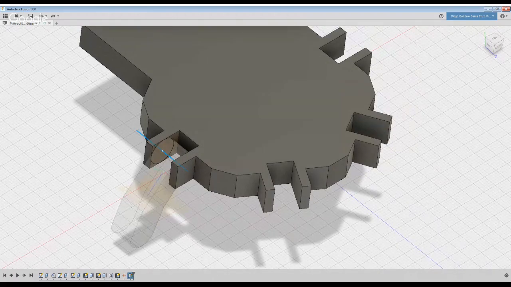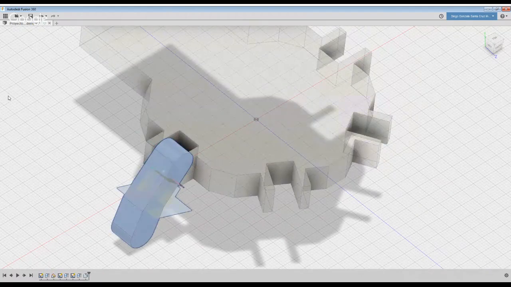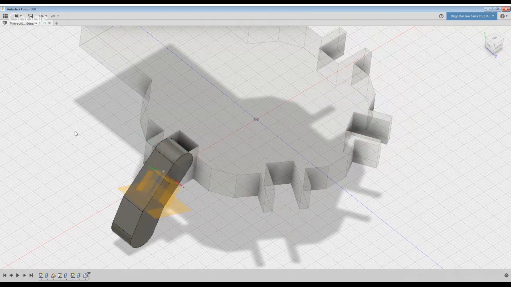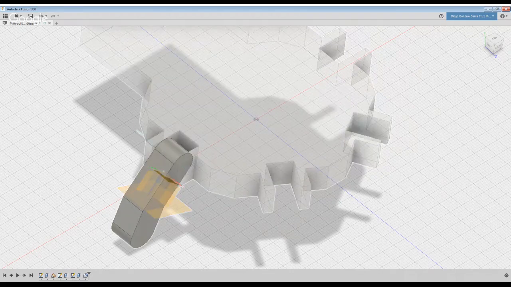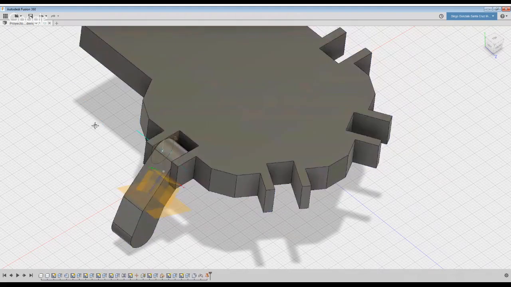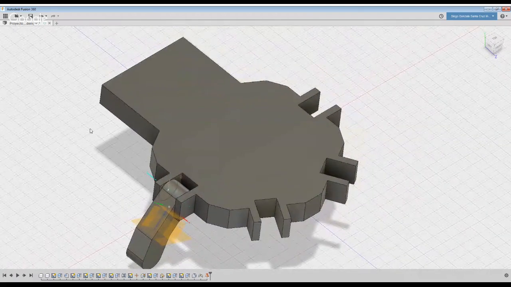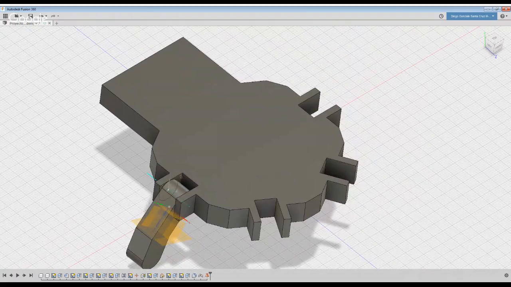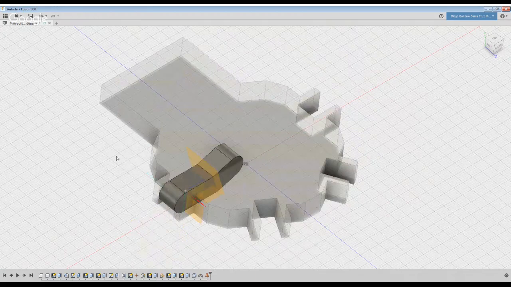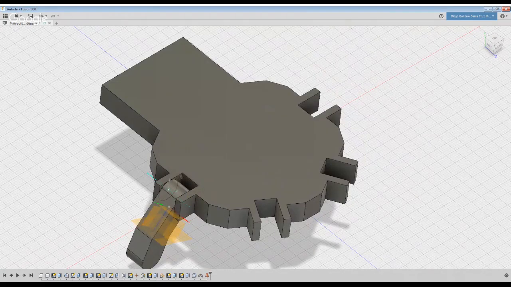Same here. This is my finger. Here are the operations. You can see the history here. Same thing: sketch, construction, bodies, everything is here. And then finally, I made my assembly. I have to check here to go back to the general assembly, and then I use the joint operation. The joint operation, which is here,